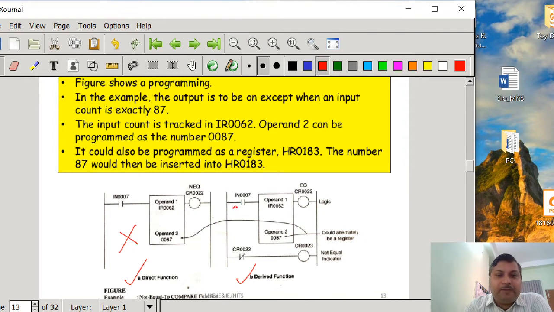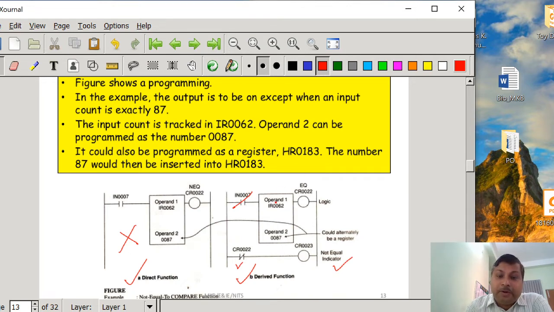Now you see, if it is on, then here we are using the equal function, which is CR22, and CR22 is used as a normally closed contact here. So whenever the operand 1 is not equal to the operand 2, then this CR22 is not going to be energized. If it is not going to be energized, always this CR23 is going to be on,